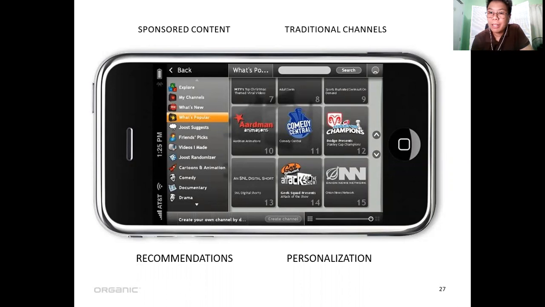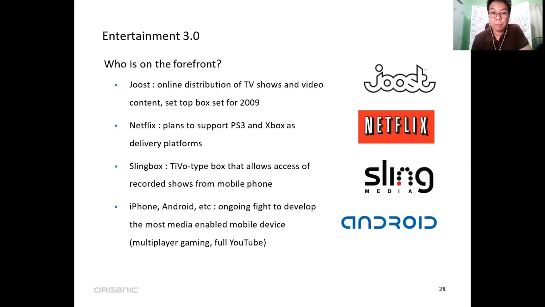So, and then of course, you have Entertainment 3.0, of course, number one po dyan ng Netflix, and then you have Android, you have, I think Amazon also has its own platform for videos, and of course, Slingbox is a TiVo type box that allows access of recorded shows from mobile phones.